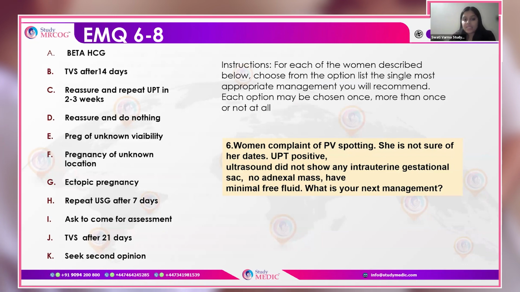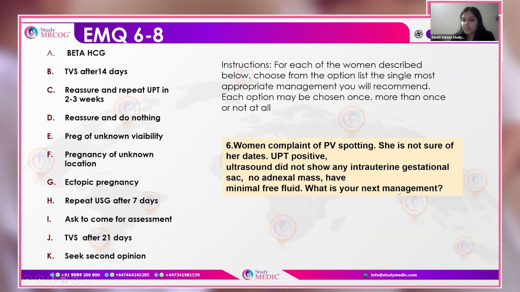Now let's come to the next set of questions. Here we have to choose from the option list the single most appropriate management or diagnosis. Again, woman complaint of PV spotting, per vaginal spotting. She is not sure of her dates. UPT is positive. Ultrasound has been done. Okay, did not show any intrauterine gestational sac. No adnexal mass. Have minimal free fluid. What is your